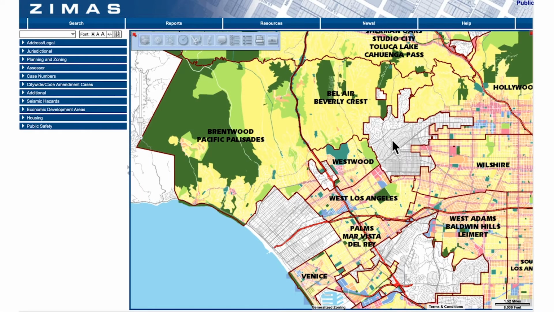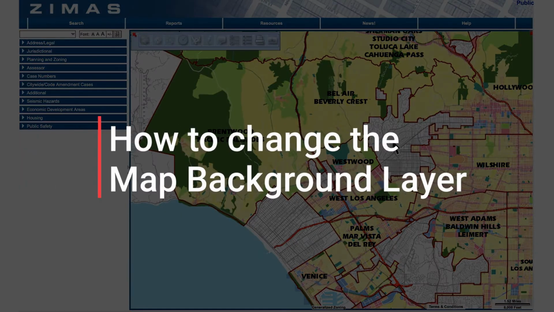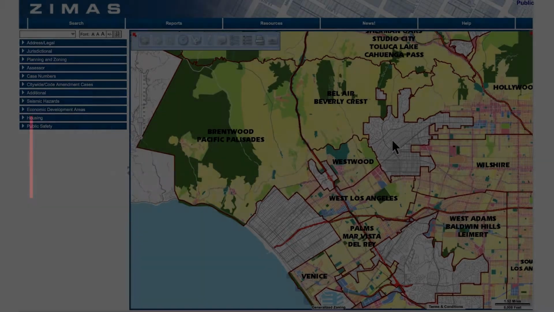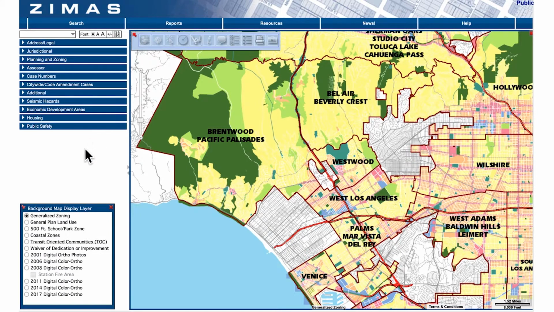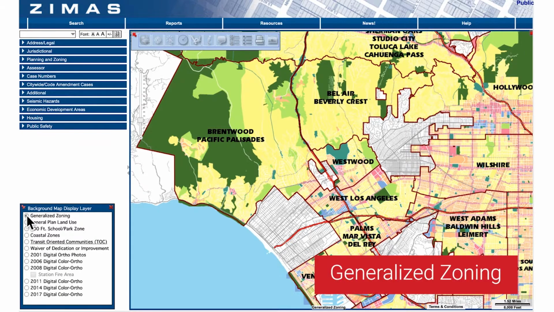In this video, you will learn how to change the map background layer. It's a simple process that involves a few clicks. This process will allow you to change the map's background layers to one of the display layers, including Generalized Zoning,